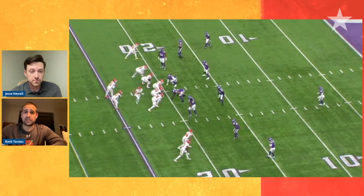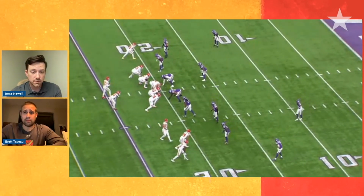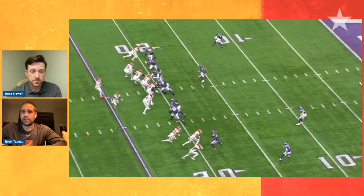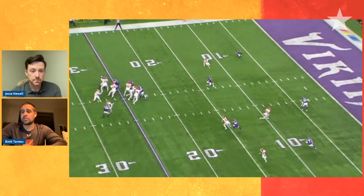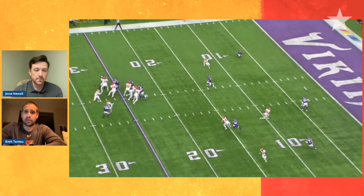Yeah, you pointed this out to me. I don't know if I've ever seen this coverage before. I'm sure I have, but it's a 3 deep, I believe, 2 under zone look, and it's as simple as what you have here. Out of this bunch formation, they're going to run a smash concept with somebody in the hook curl there, kind of a smash snag, but they're stretching this corner here, number 7. You've got a corner route by Watson, and obviously a